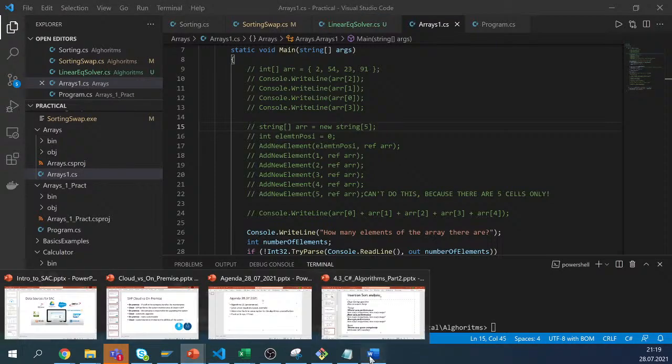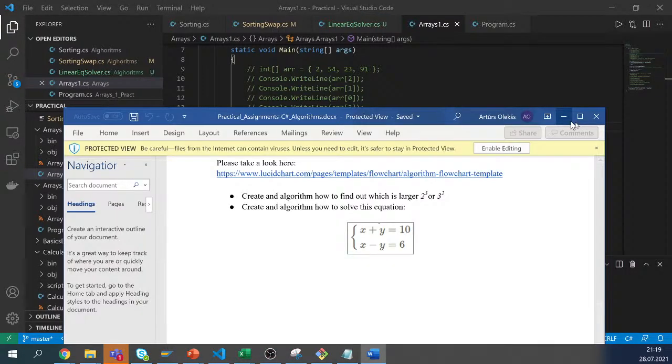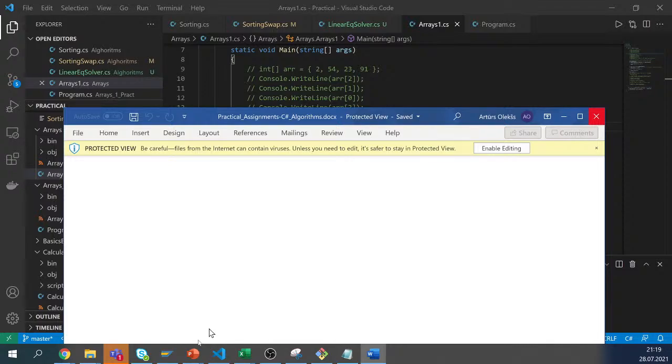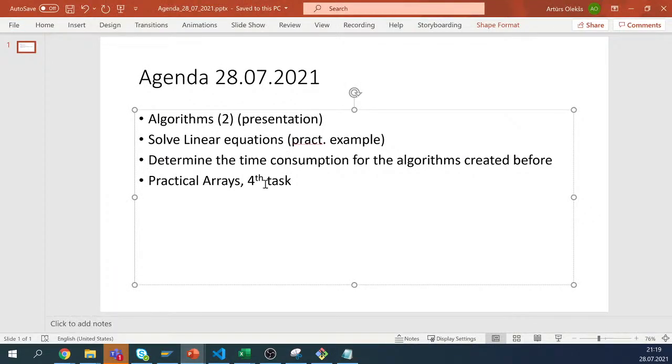Okay, and then the last thing I had on the agenda for today is the practical task. Okay, we have 10 minutes left. We definitely won't be able to go through it. So then I guess we can take a look at it tomorrow, but we will not implement it. I will just simply explain it to you, and then we'll also take a look at the time consumption, and then we will move to the